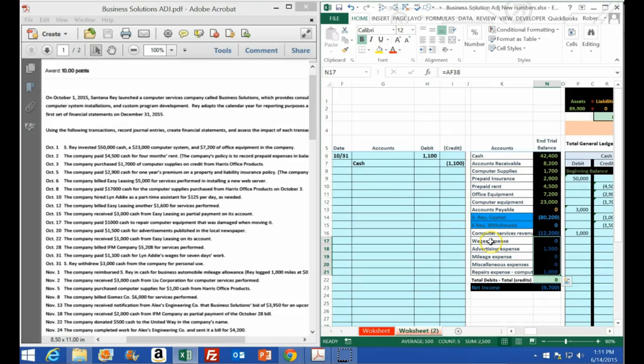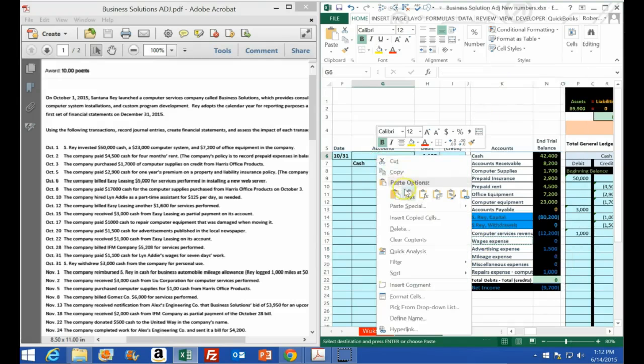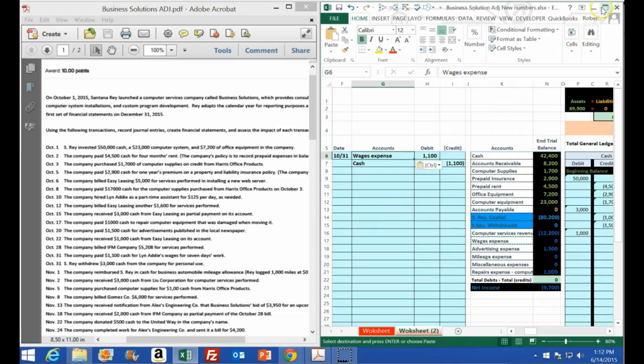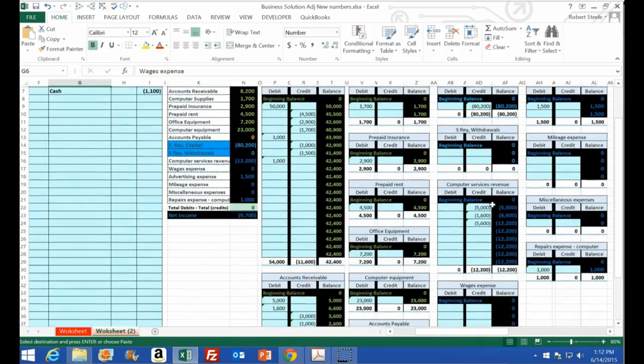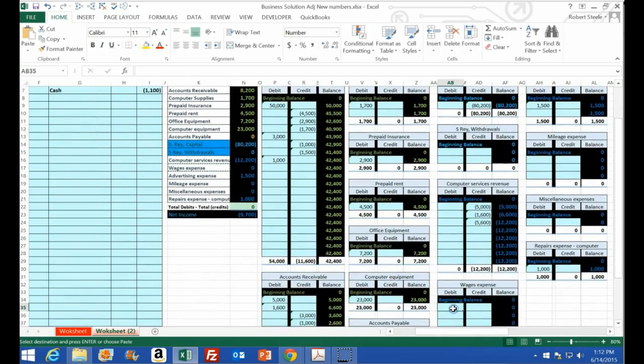We do the same thing to it, which in this case would be another debit, which of course we already knew because we credited cash, which is why we credit cash and think about cash first most of the time. So then we're going to make that large. We're going to look for wages expense over here. So wages expense is down here on